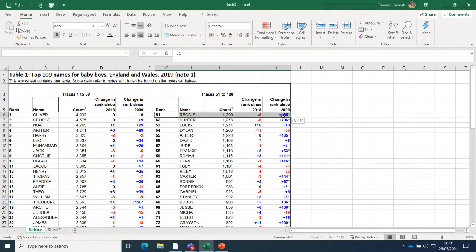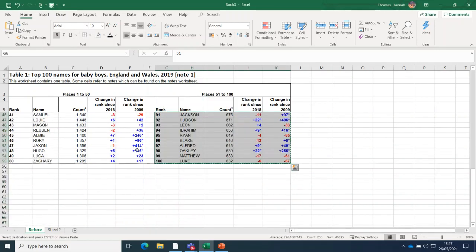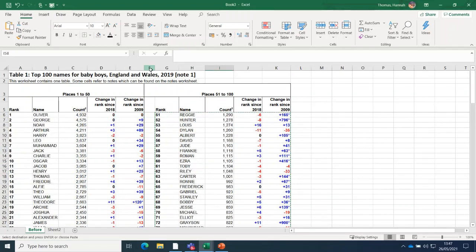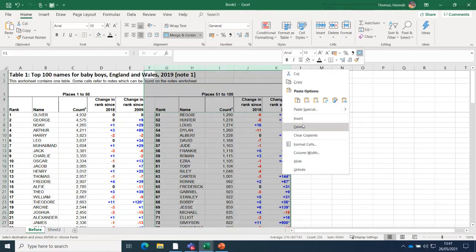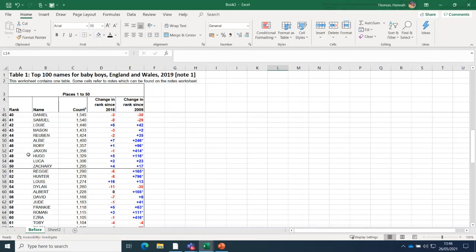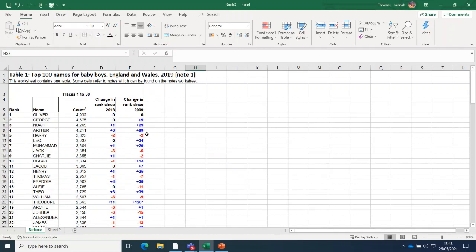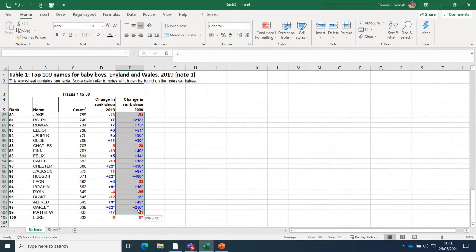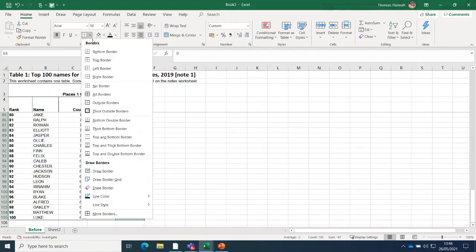So I'm going to copy this and put it under here. And then I'm going to just delete these ones. And then there's just a bit of style border going on here. Get rid of that. With the cell borders, in the guidance I said avoid using them. So they don't